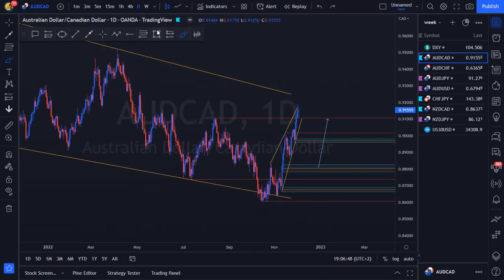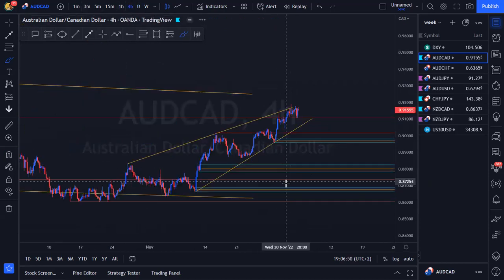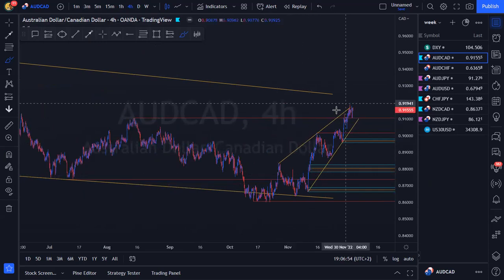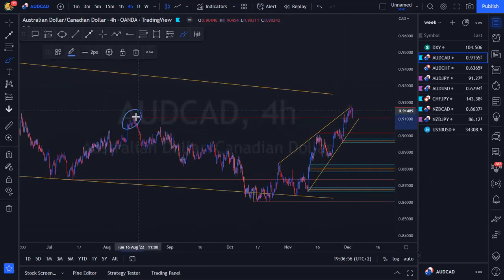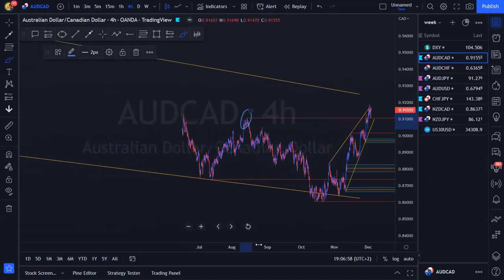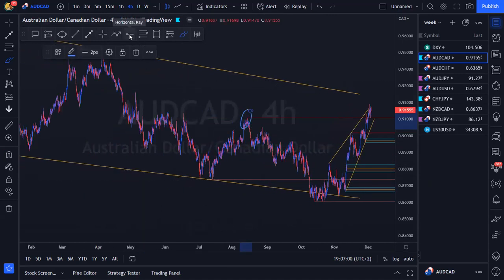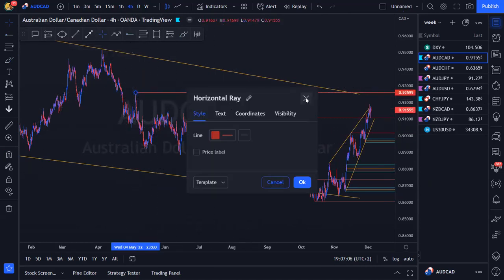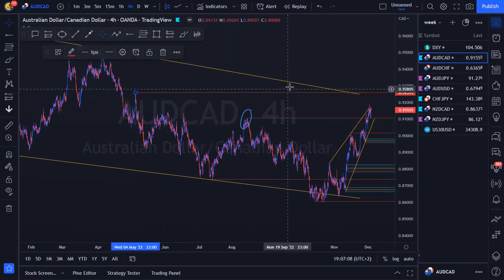We want to try and trade in the direction of the higher time frame. Now, on a 4-hour, you guys can see we've still got an ascending structure here. We're still inside of this ascending structure. We've got our resistance there, and we're coming towards another resistance. Maybe let's just mark it out there. Why so thick? Cool. We're coming towards another resistance up there, and we're also coming towards this resistance trend line.